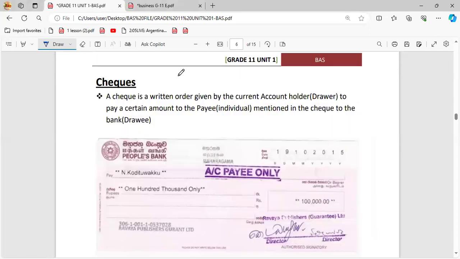Now we are going to move to the check. What do you mean by the word check? First, tell me how many of you have seen a check. If your fathers are doing businesses, you know, mainly they are using this check. I do sign checks. Okay, Lena is telling that she signs checks. That means your parents, are they doing any businesses?